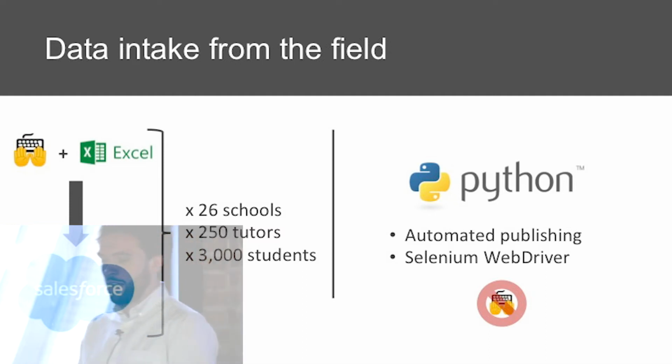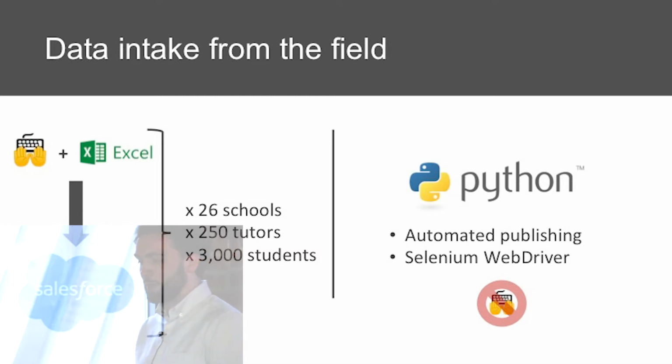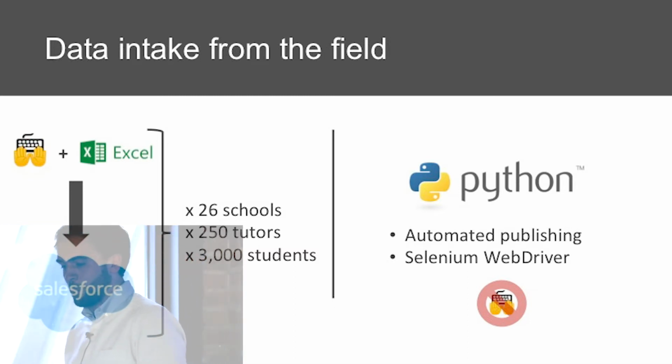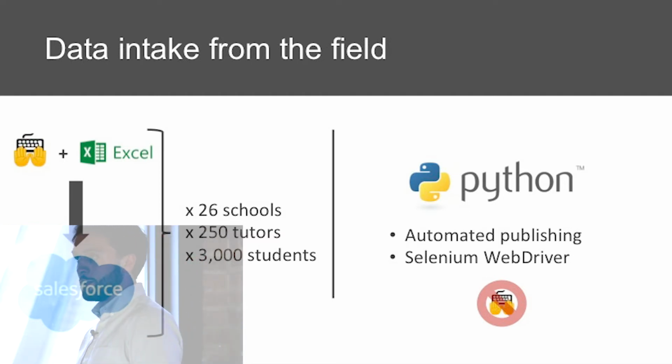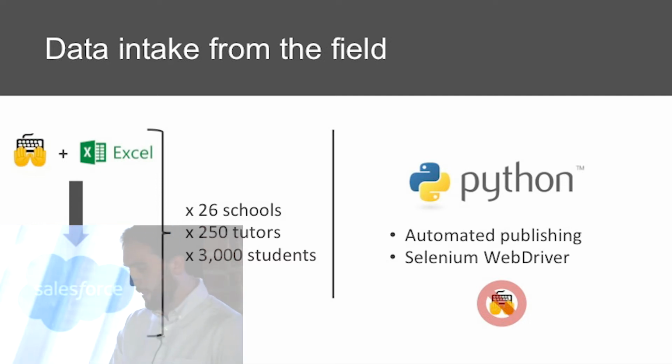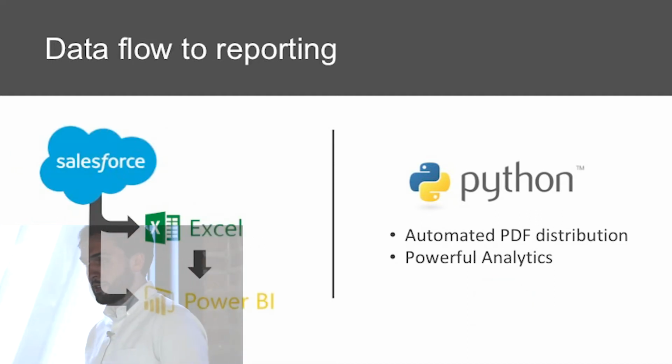So without Python, that looks like a lot of Excel spreadsheets submitted to Salesforce through a user interface, and sometimes clicking through that interface, sometimes hundreds of times, depending on what population of people you were trying to get data in for. So I was able to automate nearly all of that. In some cases, I don't have access to edit fields, and I still have to click through the browser to make those edits. But I was able to use Selenium WebDriver to automate all of that as well, although it's a little buggy.